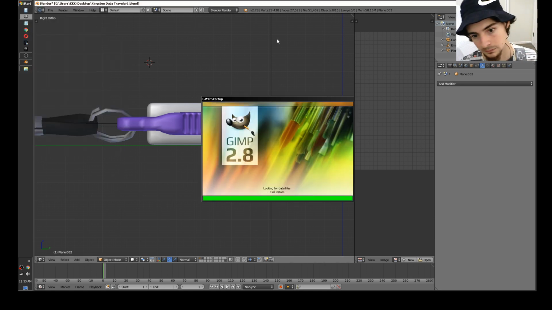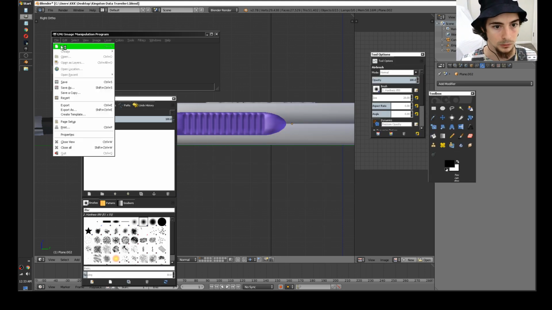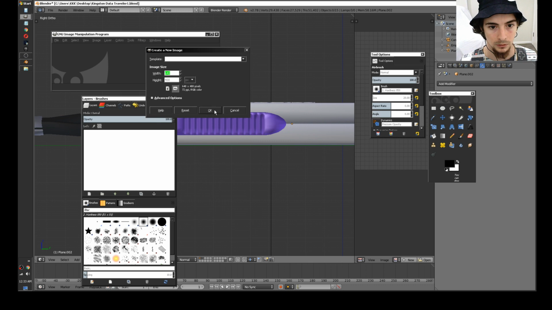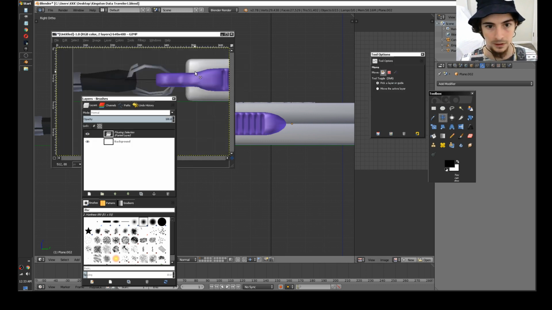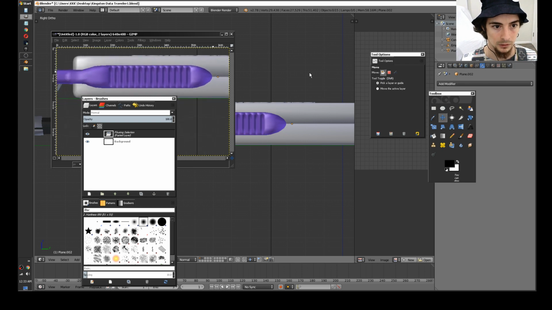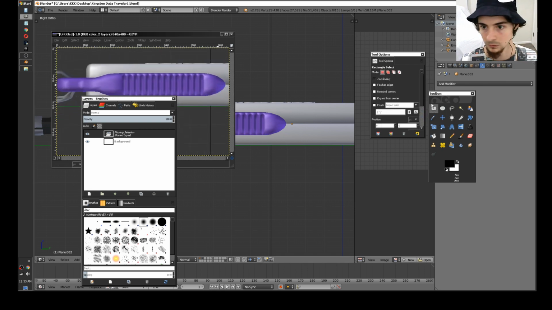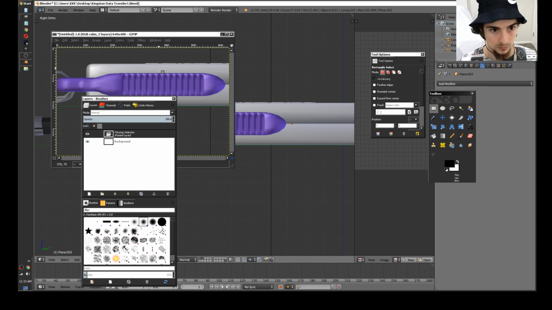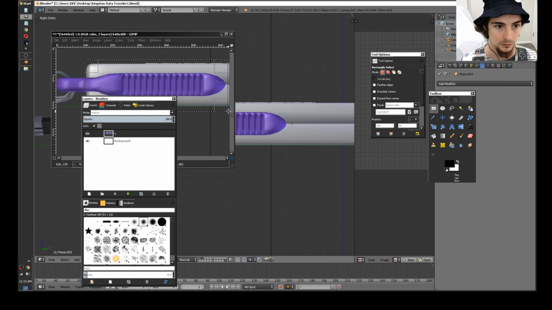GIMP, and we go File, New, OK, Control V, paste that in, and now we've got this. Sorry, I gotta name this. We've got this as a reference